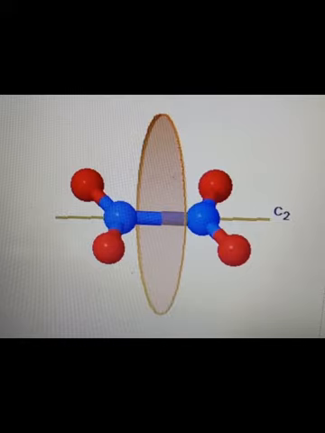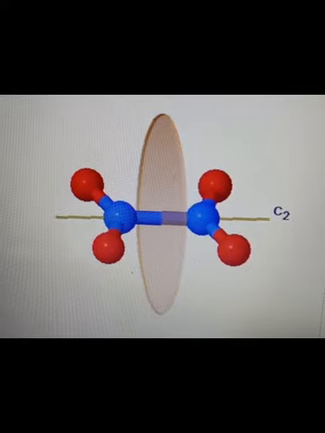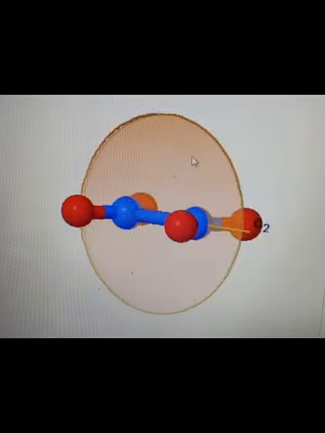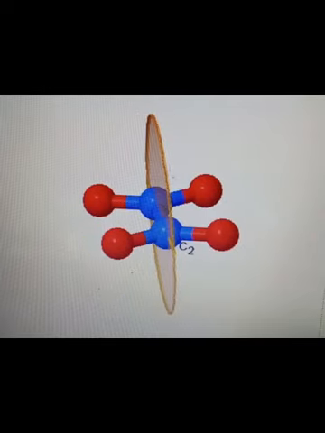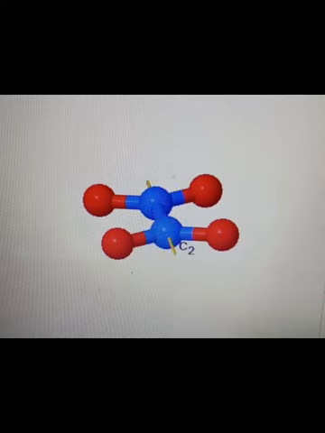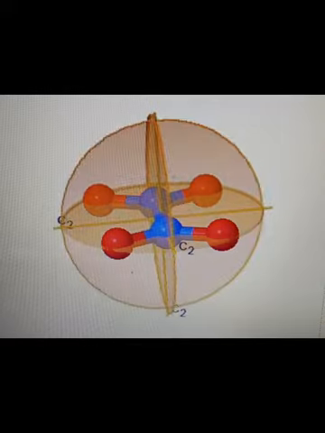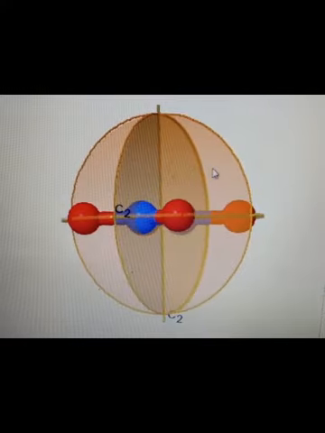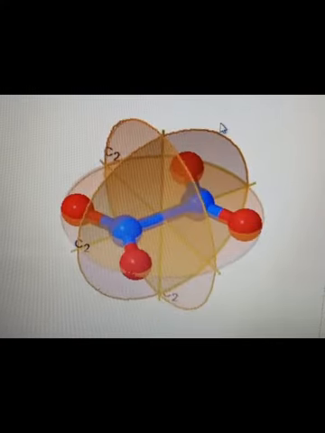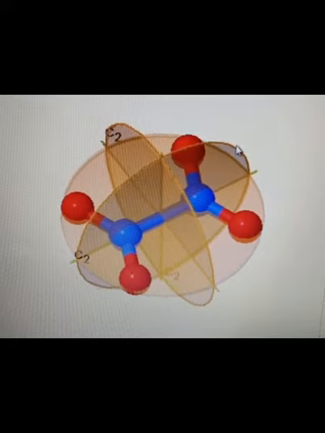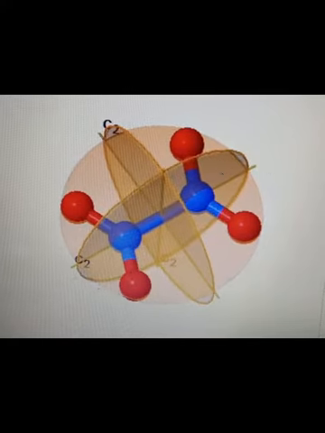Now, how does the reflection take place? This is how the reflection. That is, the first half reflects the second half like this. Therefore, it is said to be a sigma H. Whereas, if you look at the sigma V's, which are passing along with the principal axis, this is how the reflection takes place. This is the other sigma V. So altogether, this molecule is having a C2 rotational axis of symmetry, n number of C2s perpendicular to the principal C2, 2 sigma V's and sigma H, and it also has a center of inversion.